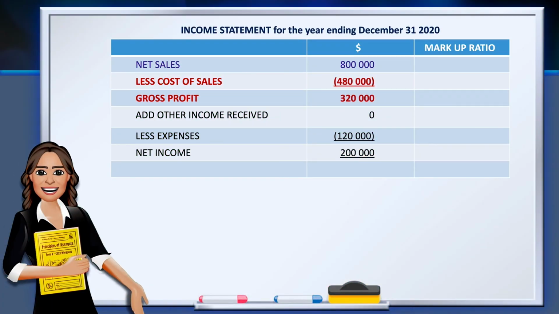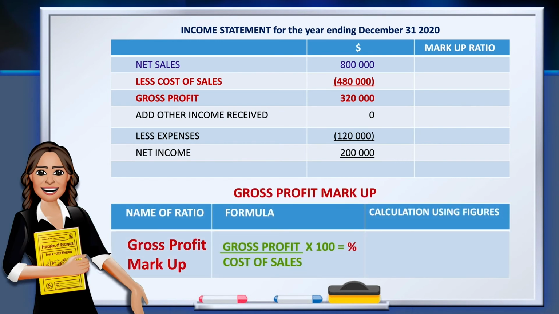Okay, so we have our information from our previous example where we have our net sales 800,000, cost of sales 480,000, and your gross profit 320,000. So we are going to calculate our gross profit markup. And the formula, once again, is gross profit over cost of sales multiplied by 100, expressed as a percentage. So you see your information there in red, your cost of sales $480,000, your gross profit $320,000. When you put it into your formula,